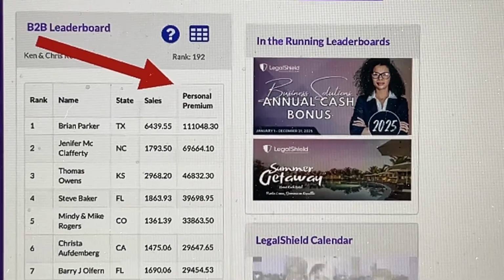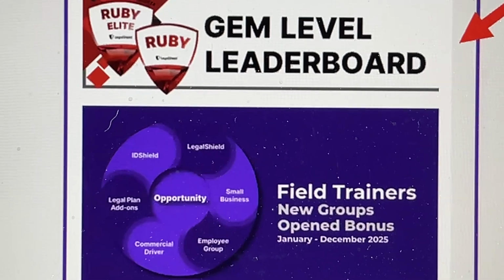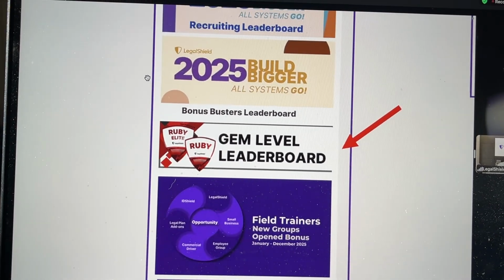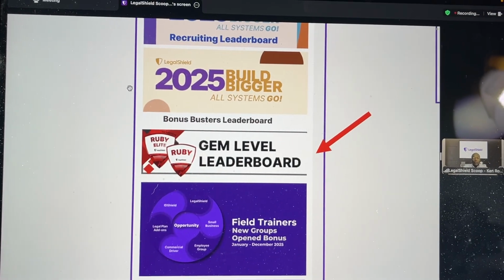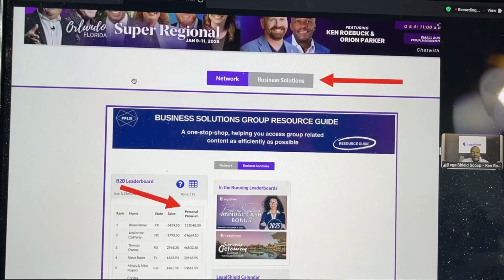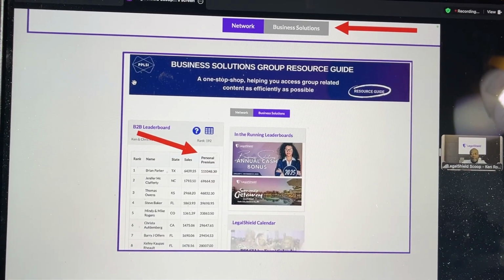Now, Ruby and Ruby Elite, it's on your left side, gym level leaderboard. That's how you know if you're rating Ruby qualified, Ruby Elite qualifications. But when you're running for Sapphire, and a lot of people are, on your right side, you're going to go there, Business Solutions. And that number is going to tell you